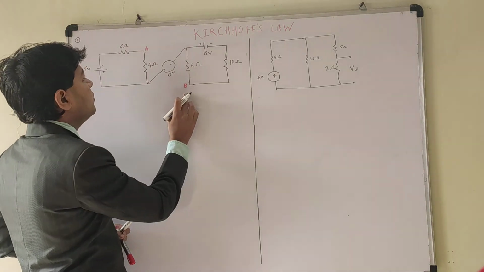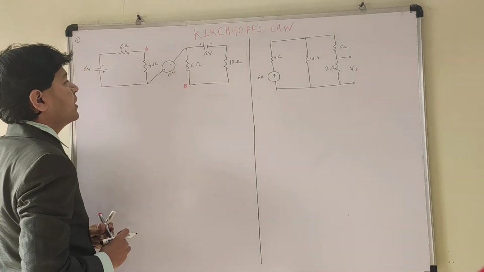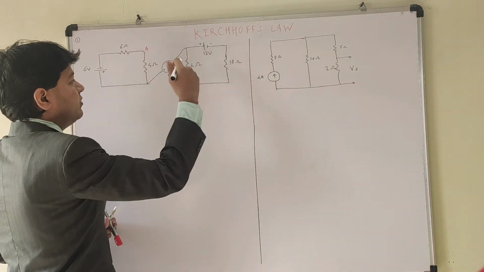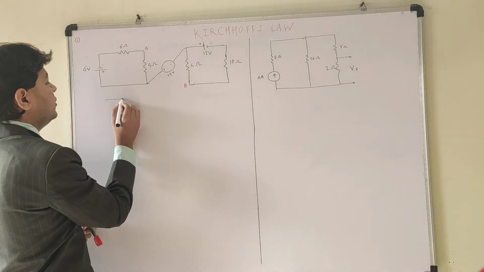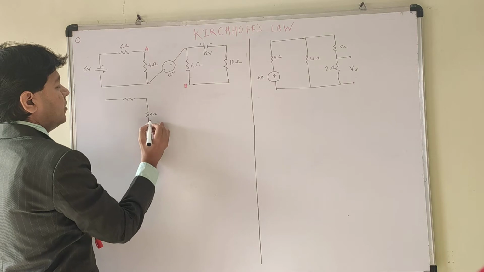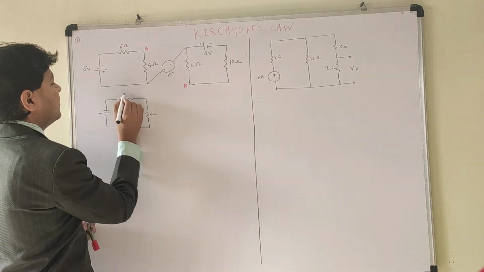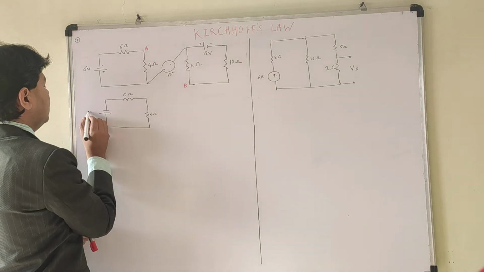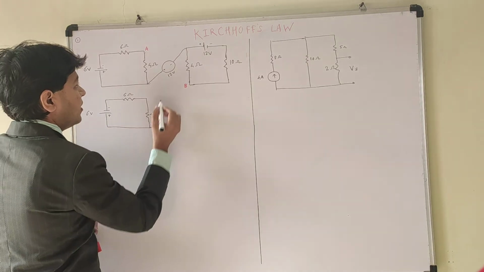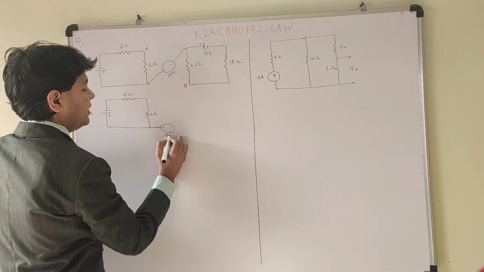In the first example, we will calculate the voltage across A to B. Now if you see this carefully, this circuit is oppositely connected, so I will just rotate the circuit. The circuit will be like this. It remains as it is: 6 ohm, 4 ohm, 6 volt, polarity from positive to negative, and now this is 12 volt.